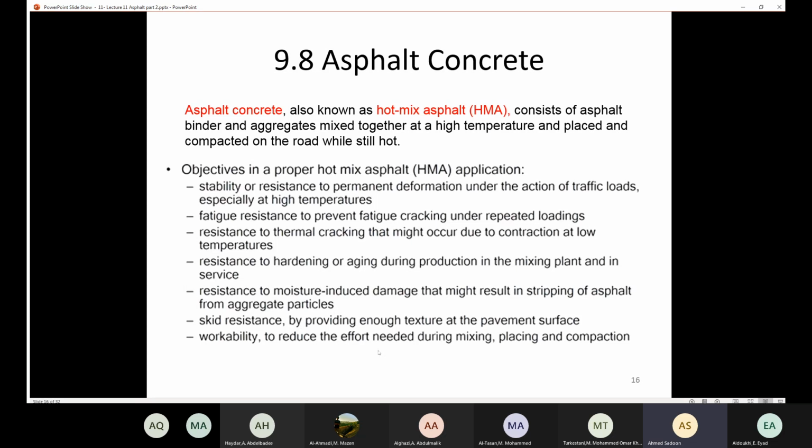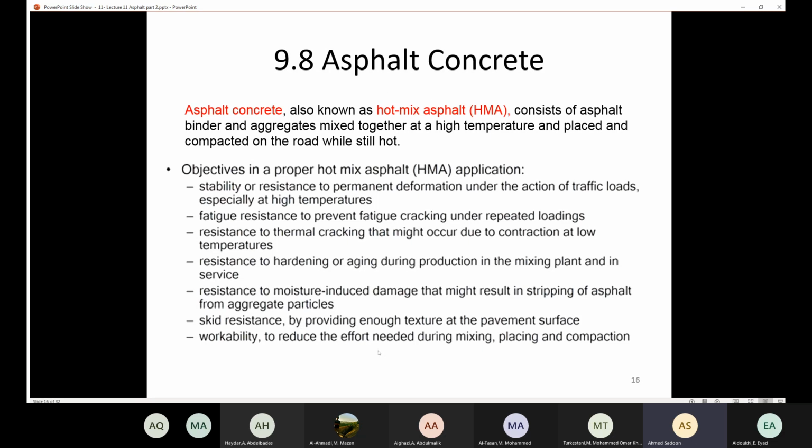This is how we choose the asphalt binder. But why should we select asphalt binder? Because we are going to use asphalt binder in order to produce asphalt concrete. Asphalt concrete is composed of asphalt binder plus the aggregate. So the asphalt concrete, also known as the hot mix asphalt, because in order to mix them together, you need